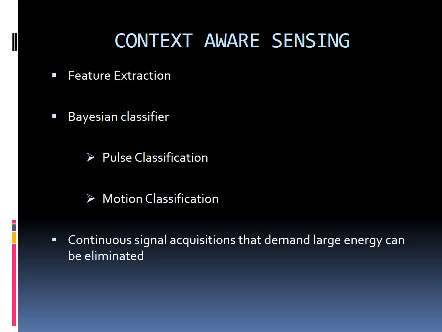If no patient activity was detected by the pulse classifier, then it doesn't proceed to the motion classification. Here, if the classifier indicates states like running or jogging, it shows that the patient is exercising and that his vitals need to be monitored. So, the ECG signal gets activated, and once the motion sensor indicates that the patient is done exercising, the ECG